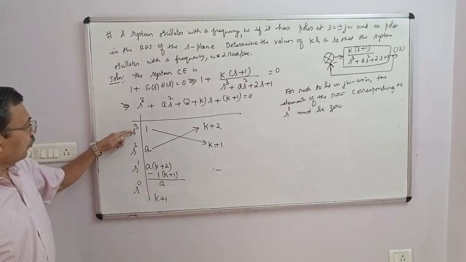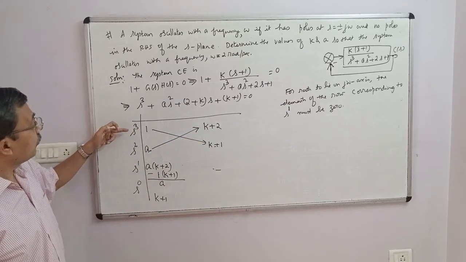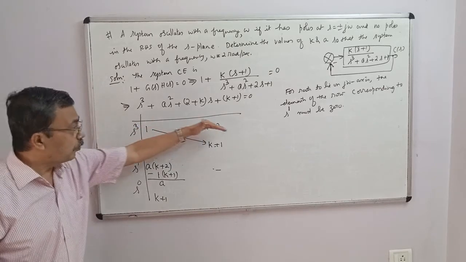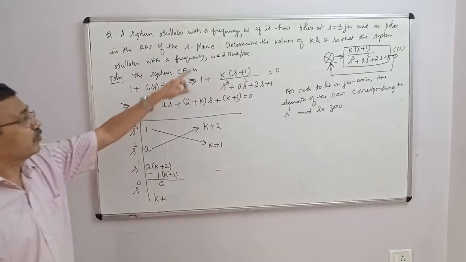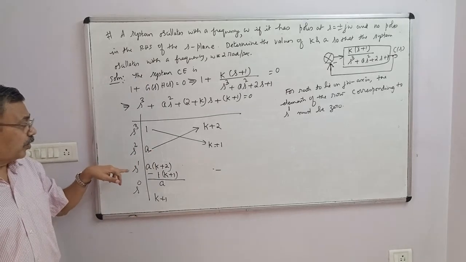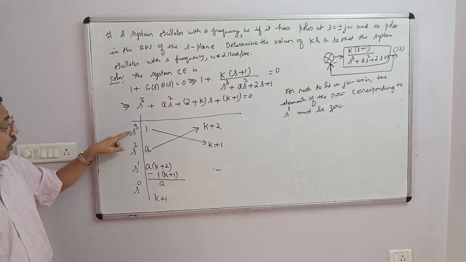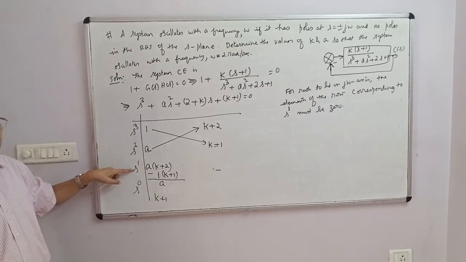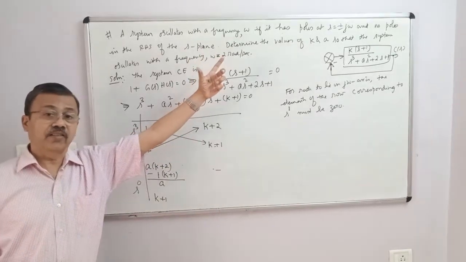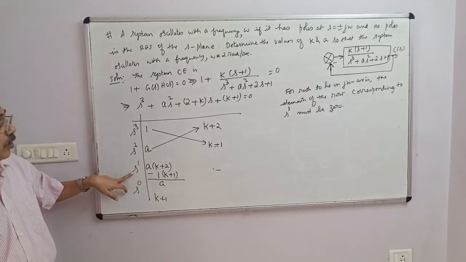Because the coefficients of s cube and s to the power 1, that is, the elements of the first row, cannot be 0, because they have been entered from the given equation. Remember I told earlier, correct? A null row can be a row which has got an odd power of s. So this can qualify as a null row, this can qualify as a null row. But this is ruled out because the elements of this row have been entered from the given characteristic equation. Therefore, only the row corresponding to s to the power 1 can be a null row.